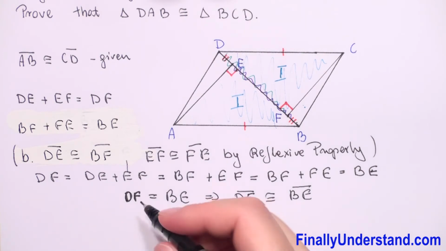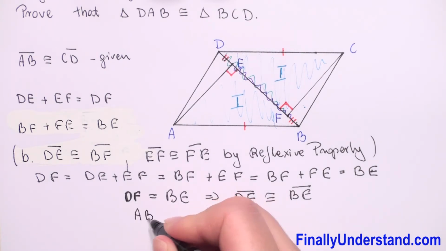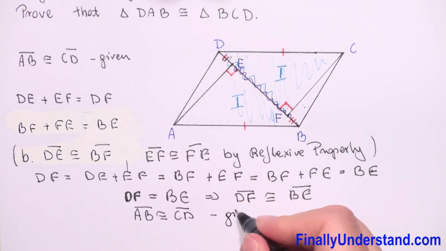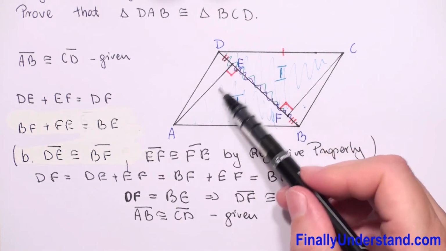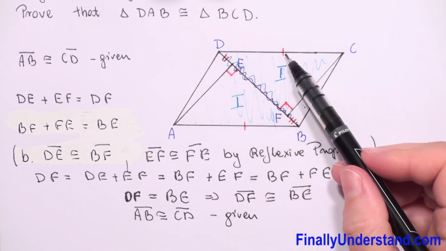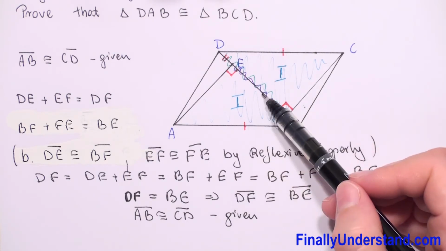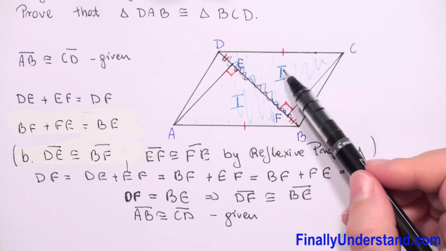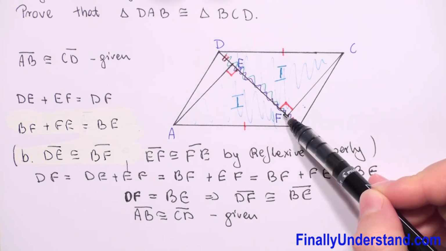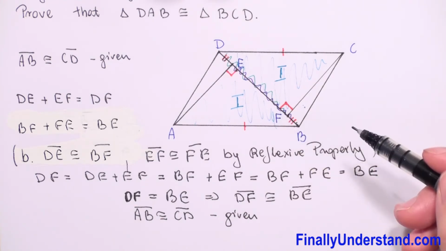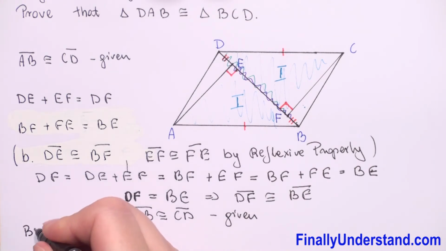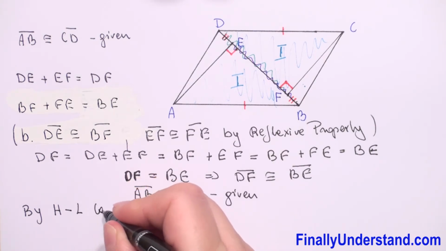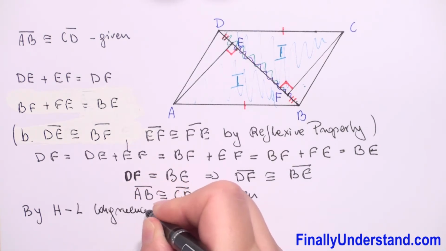So let me copy this one more time. AB is congruent to CD segment. This is given. So because we have here right triangles and hypotenuse and one leg are congruent in one triangle to hypotenuse and one leg in the other triangle, we can use hypotenuse leg congruence theorem. So by hypotenuse leg congruence theorem,